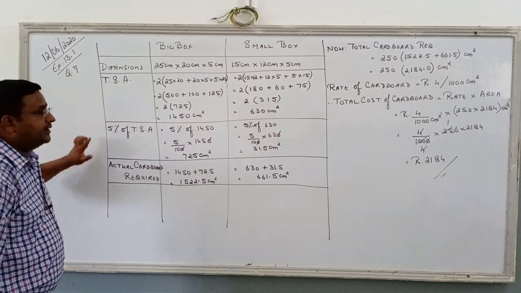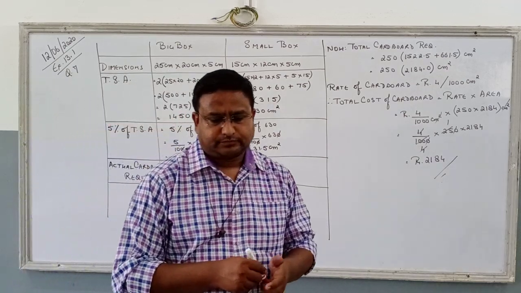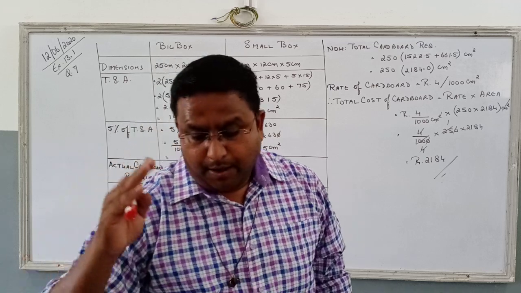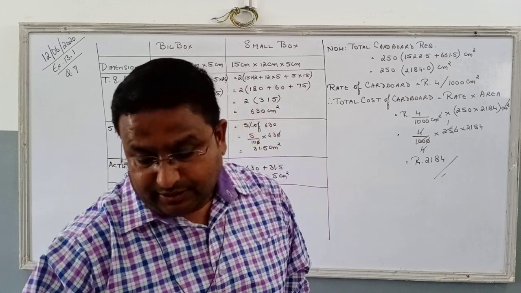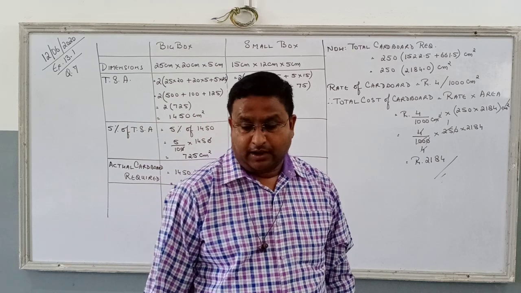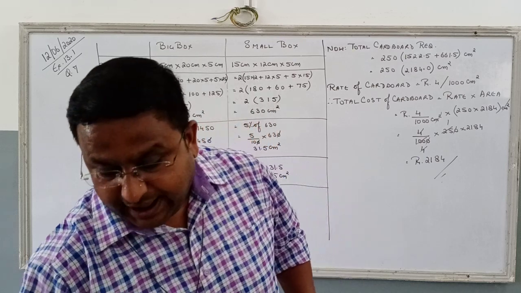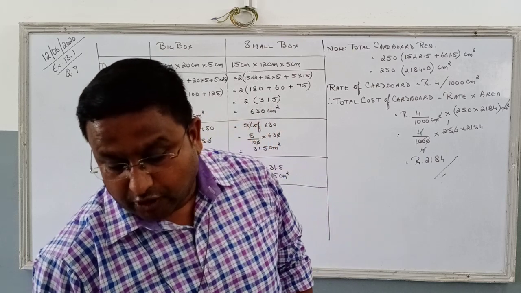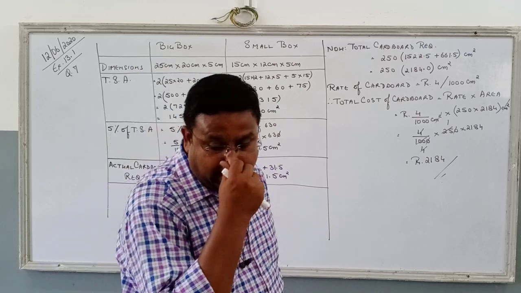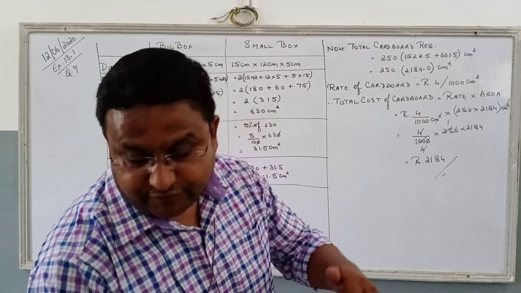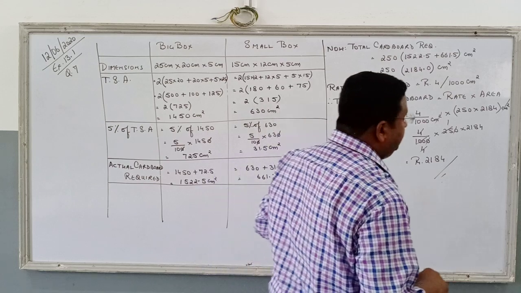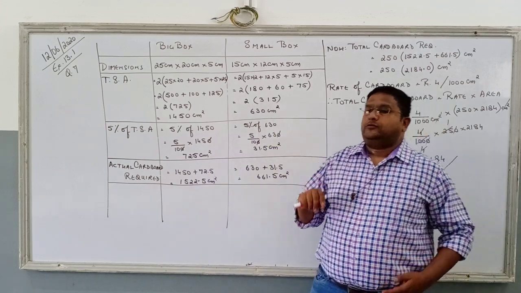Very important. Take a look at the next question. Parveen wanted to make a temporary shelter for her car by making a box-like structure with tarpaulin to cover all four sides and top of the car with the front face as a flap which can be rolled up. Now just imagine, your car is standing outside your house.